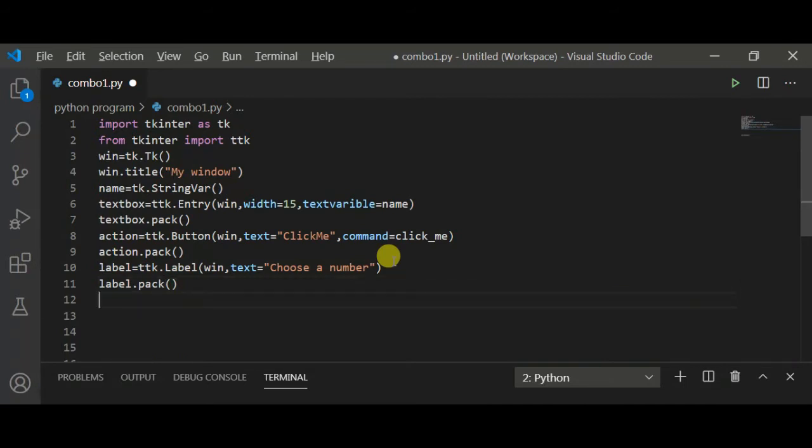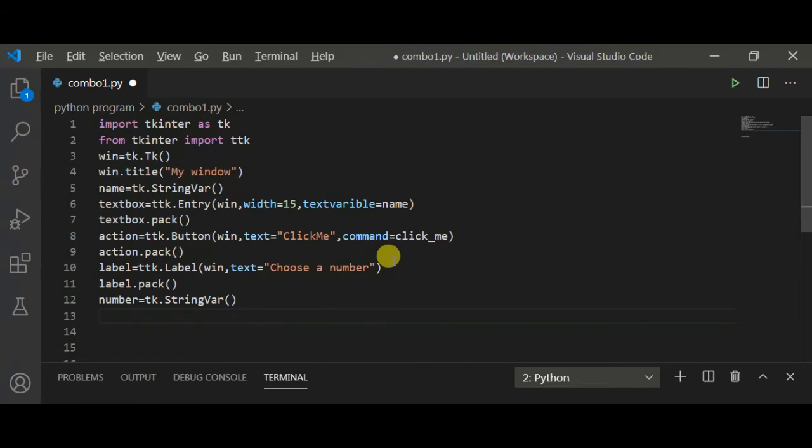Now the next step is I am inserting a combo box inside this window. For this I will also make a text variable for combo box here, and I am using number is equal to tk.StringVar method. It is a text variable that holds the value of a combo box.